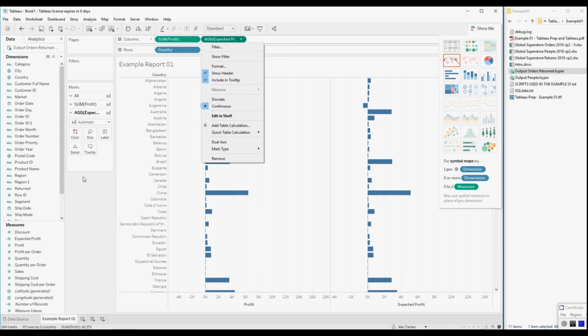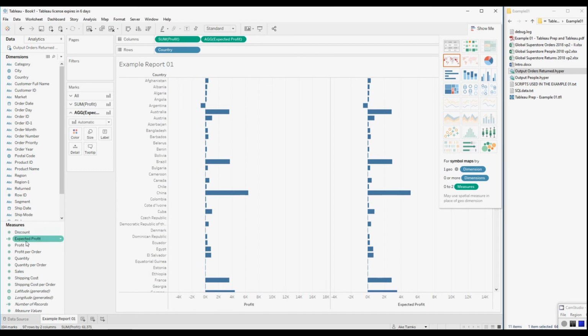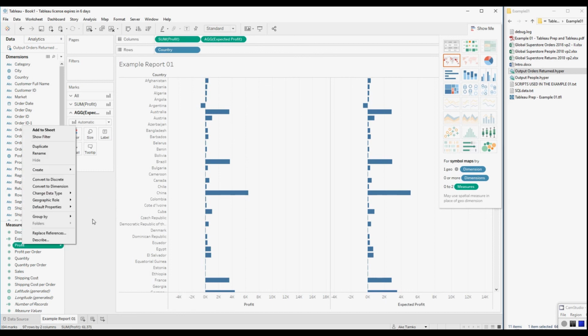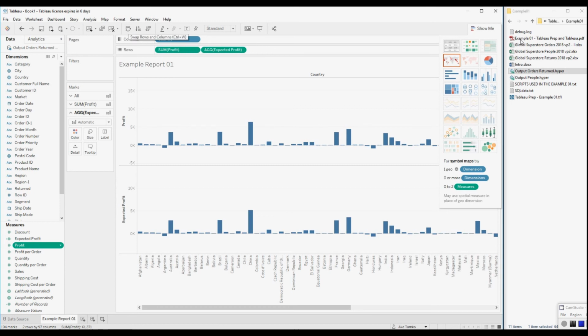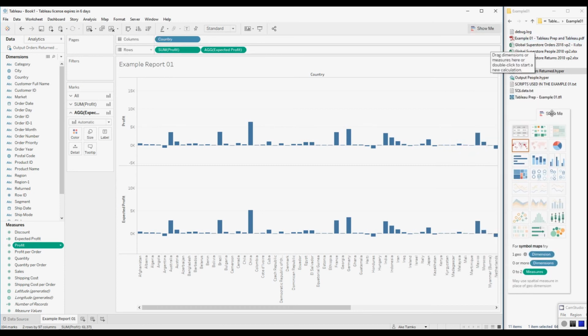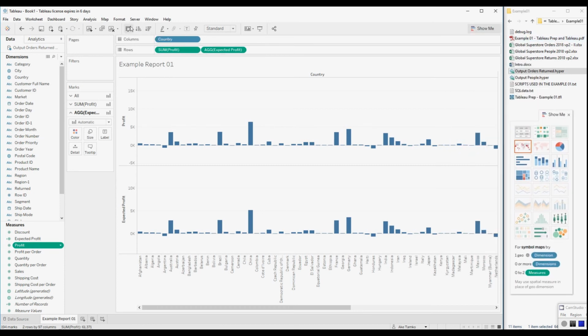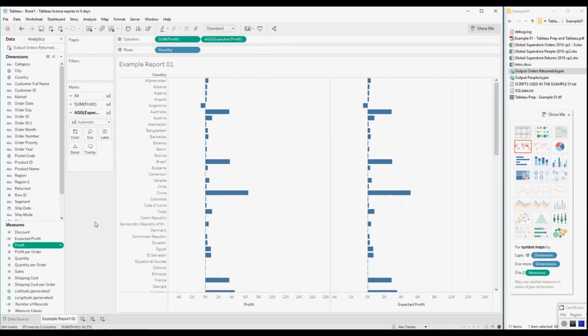And we can actually change that to have its sum. No, it doesn't matter. We can see everything. We see here the profit, we can see here the expected profit. Of course we can change it. We can change the layout, but it doesn't really matter. Now we're going to create a step